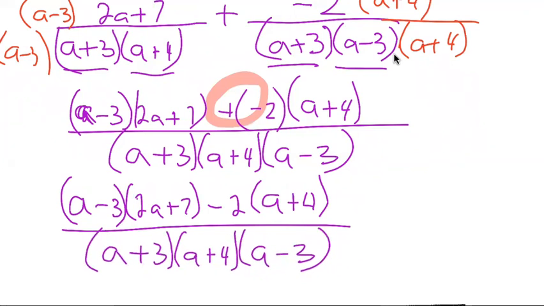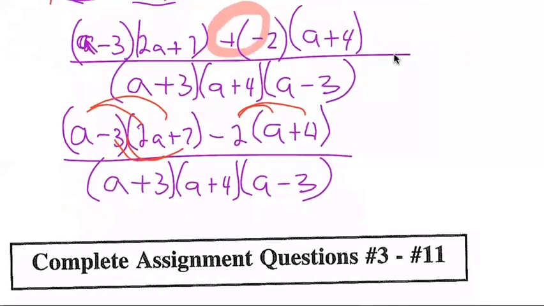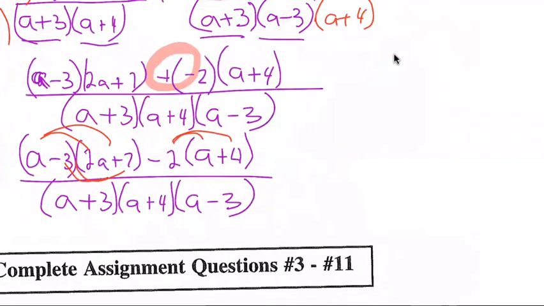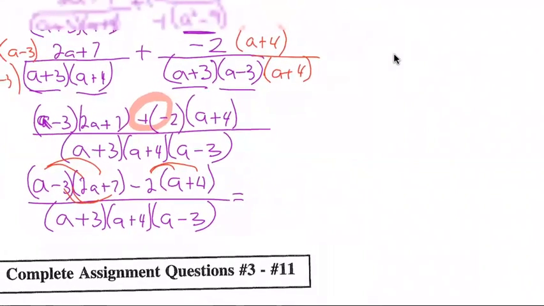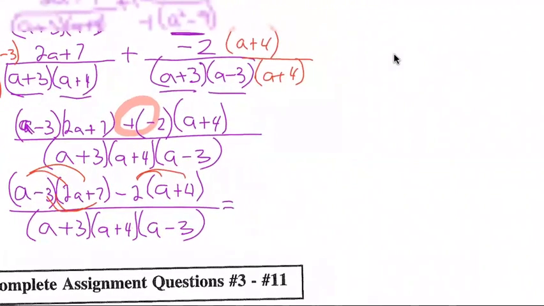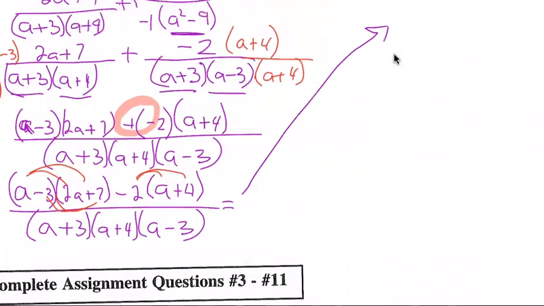Look at that. Okay. I'm going to expand using FOIL on my left-hand part, and I'm going to expand this using the distributive property. I'm going to combine like terms and simplify. So I'm going to work left to right now. I might not have enough space, so I'm going to move up over here. (a − 3)(2a + 7) is going to give me